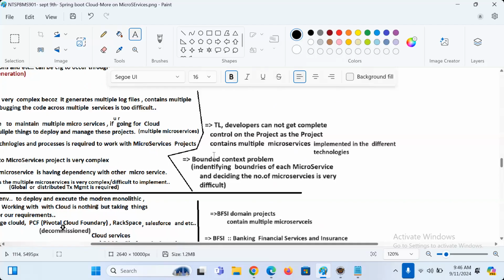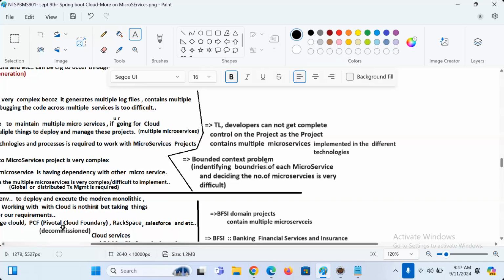Okay, next one is what, guys? Bounded context problem. When you have a requirement, how many microservices? What is the area limit of each microservice? It is very difficult now, boss. I have a project requirement. First of all, I have to divide that project into multiple microservices.